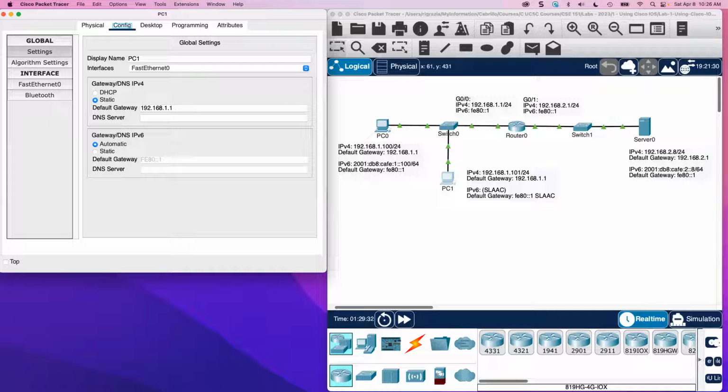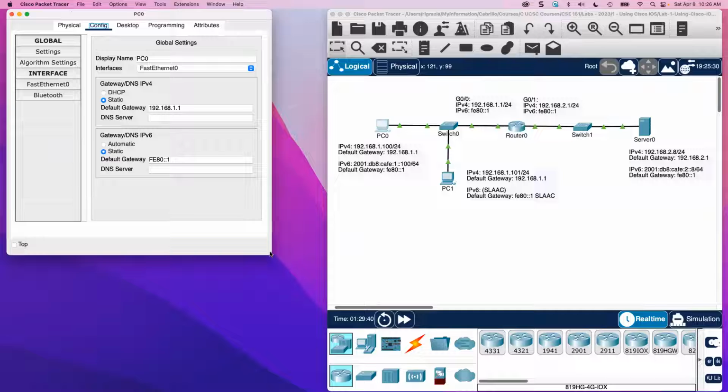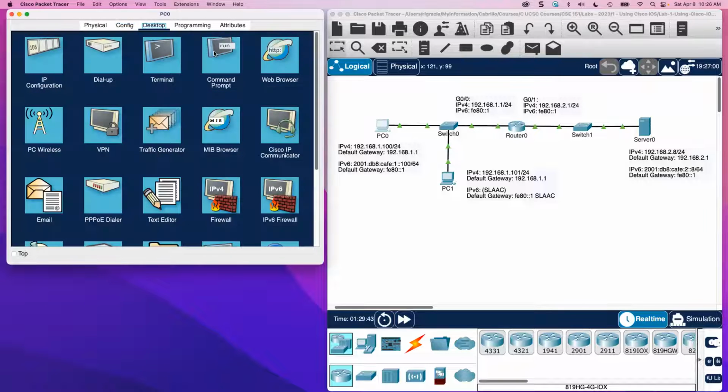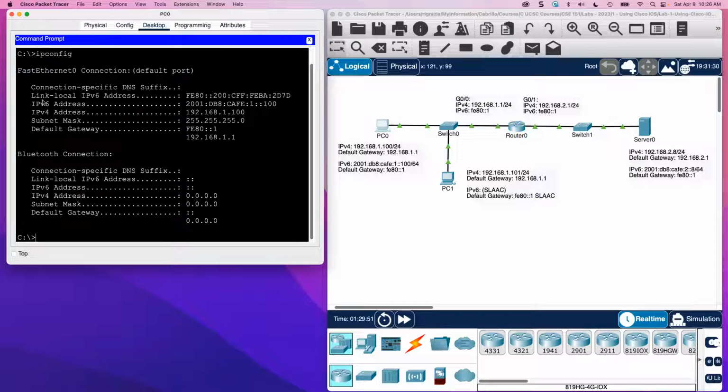We can verify these addresses, by the way. Let's go to PC0 here, and we verify these. Desktop, command prompt. We can do ipconfig. And here's our IPv6 link local address. We did this statically. This one here was dynamically. But statically, we configured an IPv6 address. Statically, we configured the IPv4 address, subnet mask, default gateway for IPv6, and default gateway for IPv4. That was all done statically